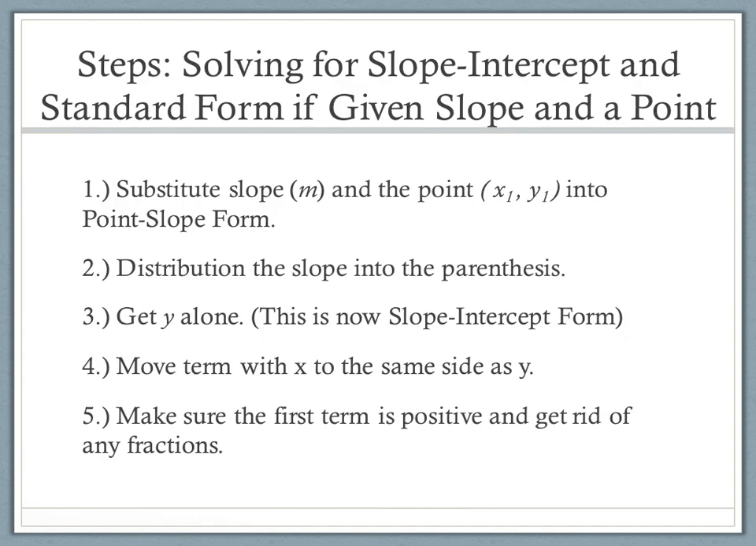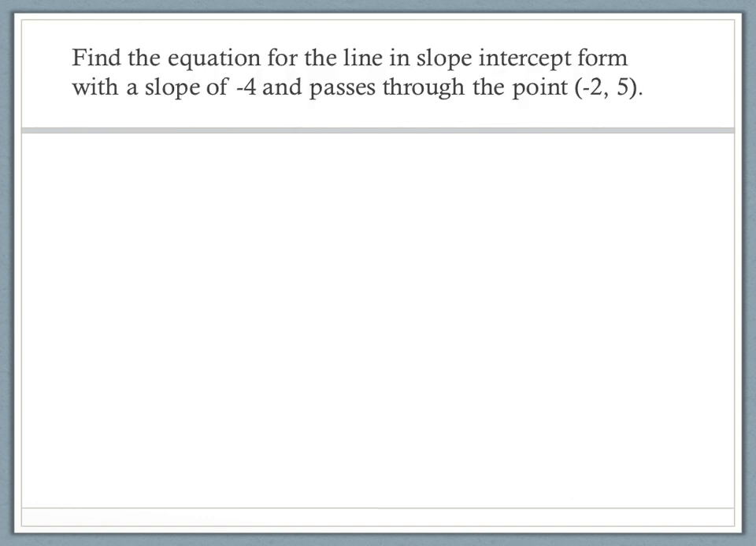All right, here are our steps. If we got a point and a slope, and we want to put it into slope-intercept form or standard form, first, you sub in your m and your x1, y1 into point slope form. Then distribute your m into the parentheses. Then once we get y by itself, that's slope-intercept form. Then we'll get our x and y to the same side to get standard form. And then 5, make sure that that first term's positive, and if there's any fractions, we need to get rid of them. So let's take a look at an example, and those steps should make a little bit more sense